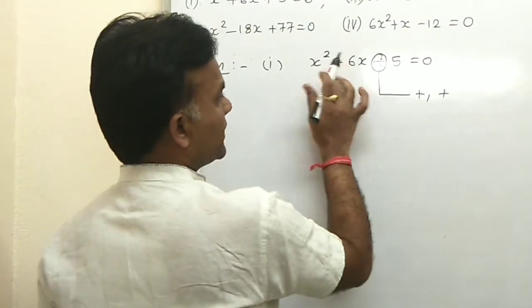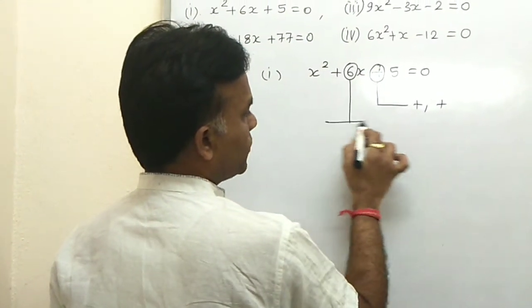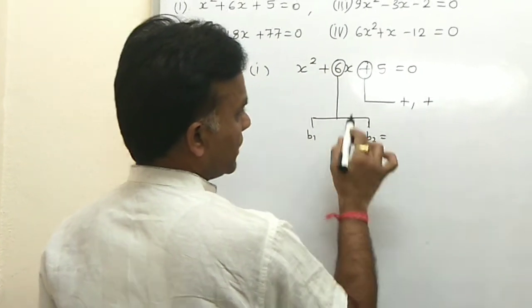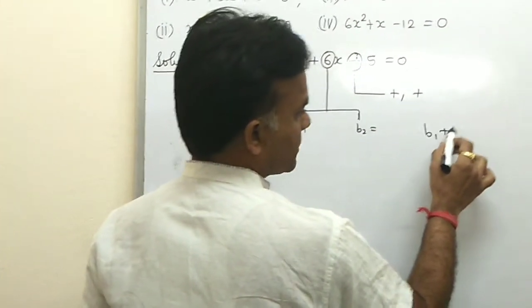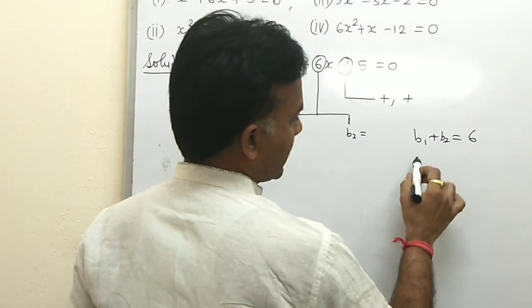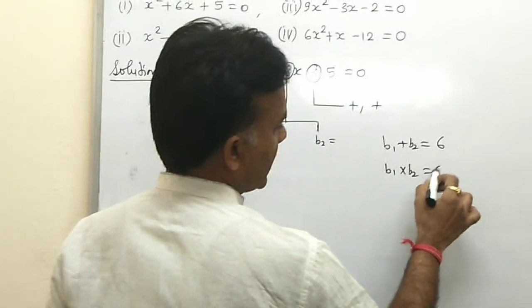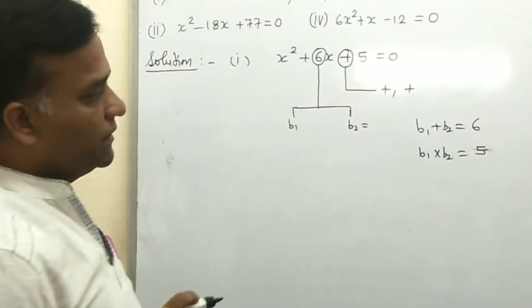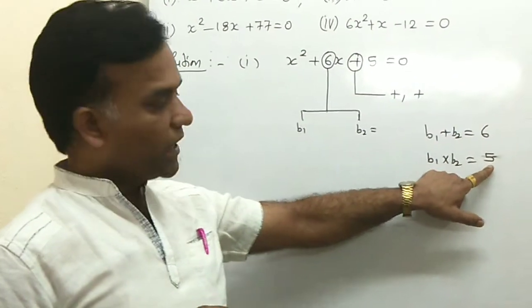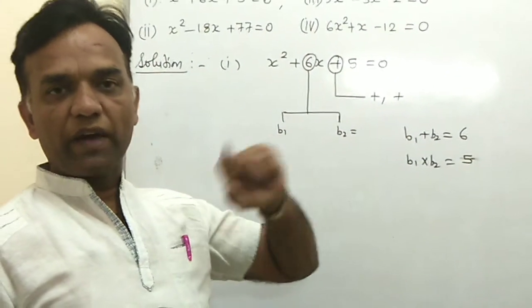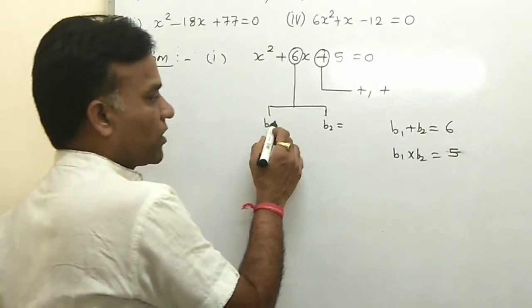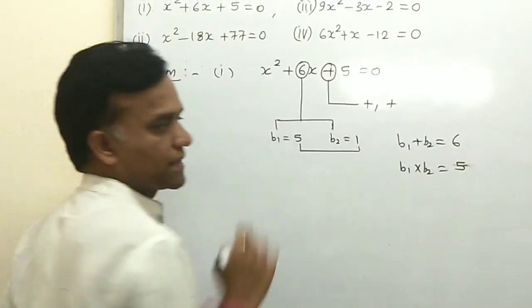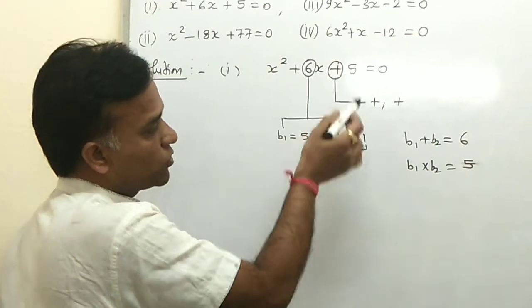Okay, so now you split the middle term into 2 parts. Because now b1 and b2, we explained about b1 b2, and then you write down here b1 plus b2, that is 6, and now b1 into b2, that is a into c here. So a into c is 5, so you write down 5. So now which value do you consider? Their multiplication is 5, but their addition is 6. Okay, so we know that 5 into 1 is 5, but 5 plus 1 is 6. So now you split this 6 into 2 parts, 5 and 1.